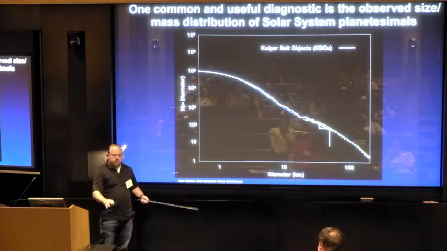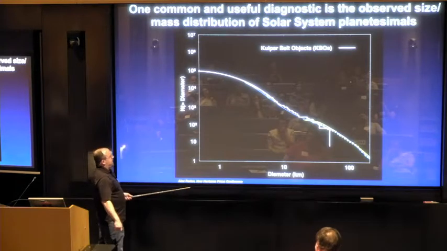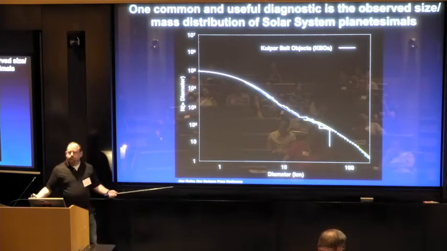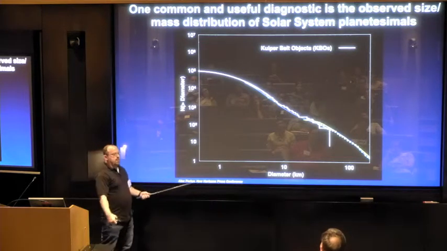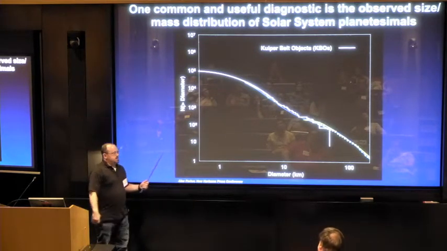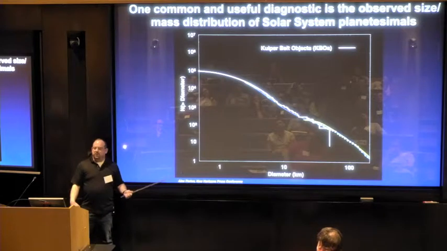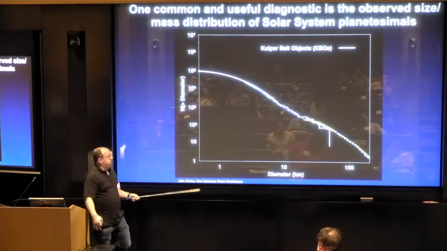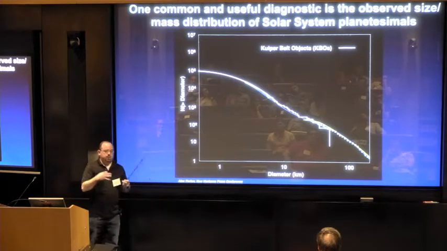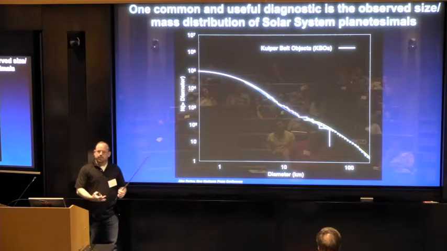Maybe there are some indirect ways, but I haven't been able to figure that out. But we have our own planetesimals in our solar system. The cold classical Kuiper belt, which is a mouthful, is probably the best one to observe because it's relatively pristine. It has nice dynamically cold orbits, and we think that these are a reflection of the initial population of planetesimals at